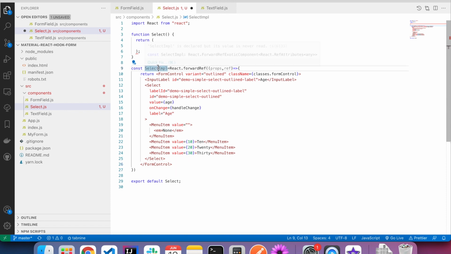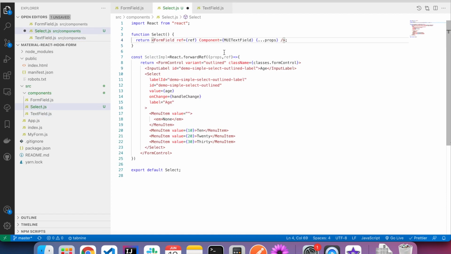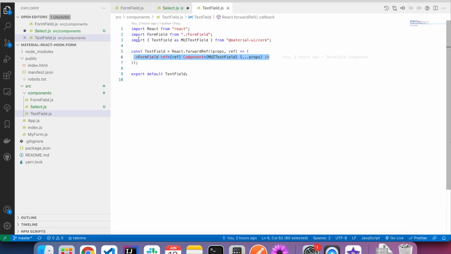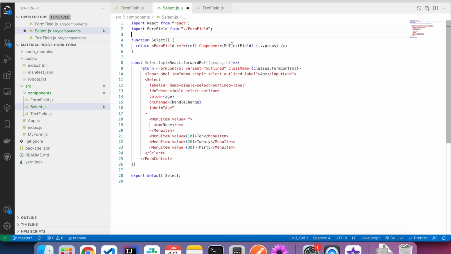Now this will become our core component. So I'm going to copy and paste this part into our main select component, import form field into that, and instead of MUI text field I'm going to use select implementation here. Basically, select implementation became our component.